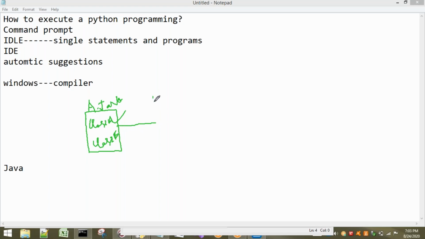After compilation, two different files will be created. What is the first class name? Class A. If the compilation is successful, it creates a file called A.class, a class file. One more class, B, is there, so one more file is created: B.class.